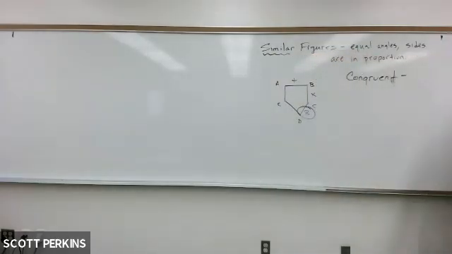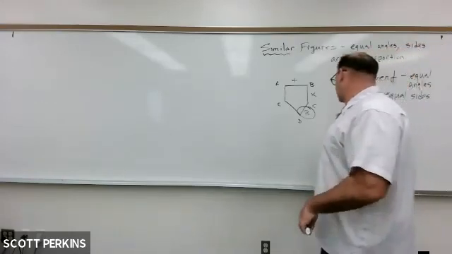Two figures are congruent. It's a special type of similarity. Two figures are congruent if they have equal angles and also equal sides. So the sides are in a direct proportion, meaning it's a 1-to-1. So they're equal. So while you're writing that down, I'm going to redraw